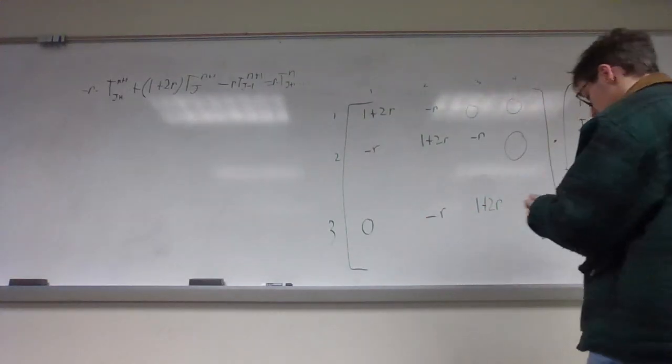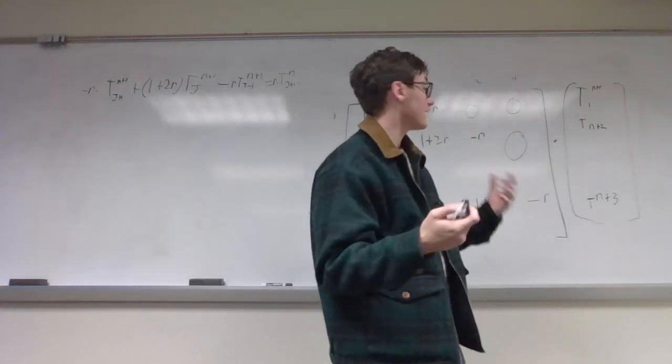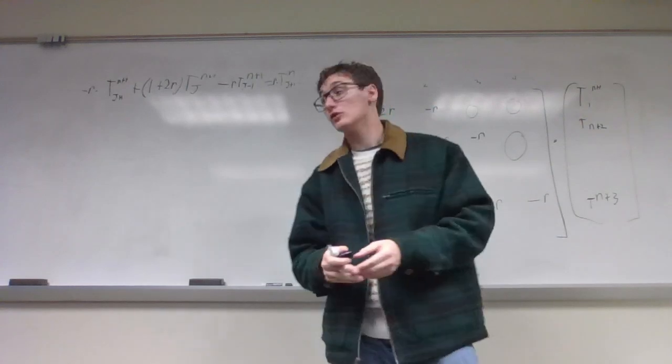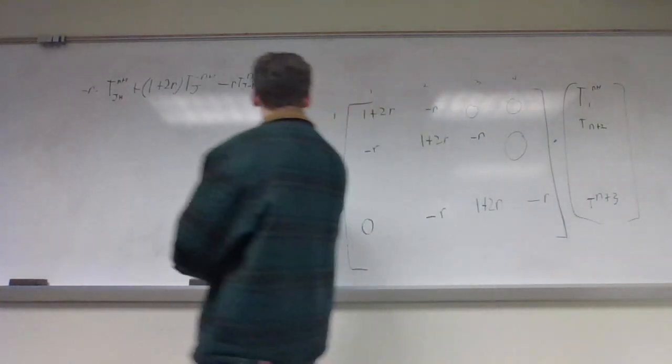And then what we want to do is we want to multiply, and we want to be able to get out our next tn, our next time interval. So what that would end up looking like is with this matrix multiplication as we have here, we would end up having,